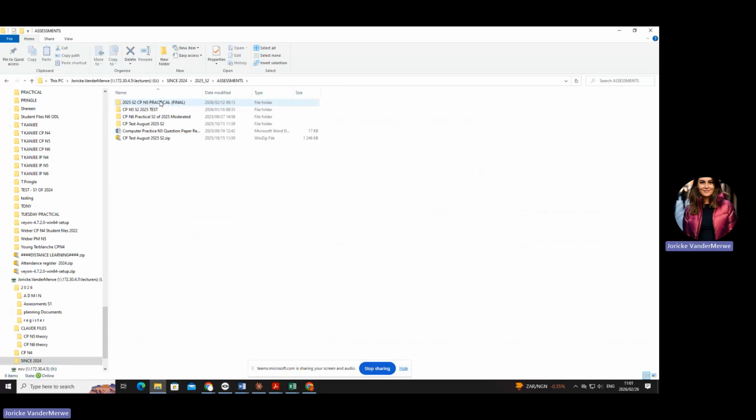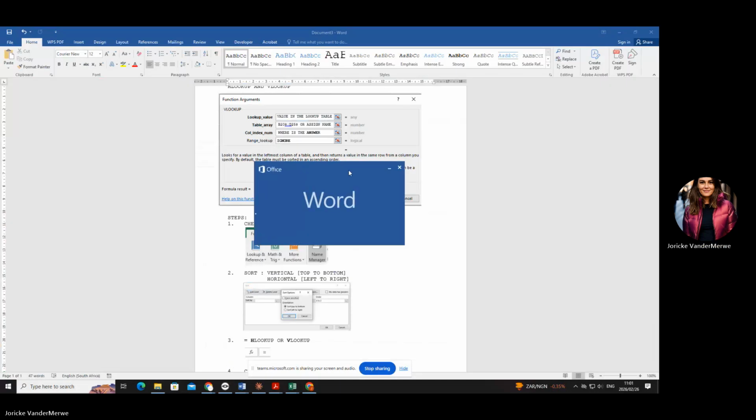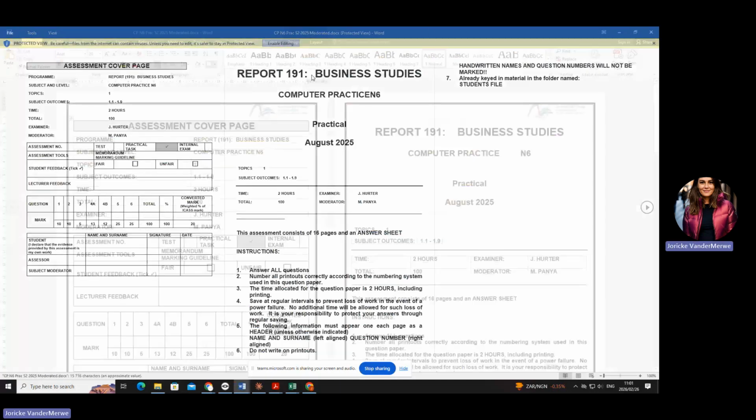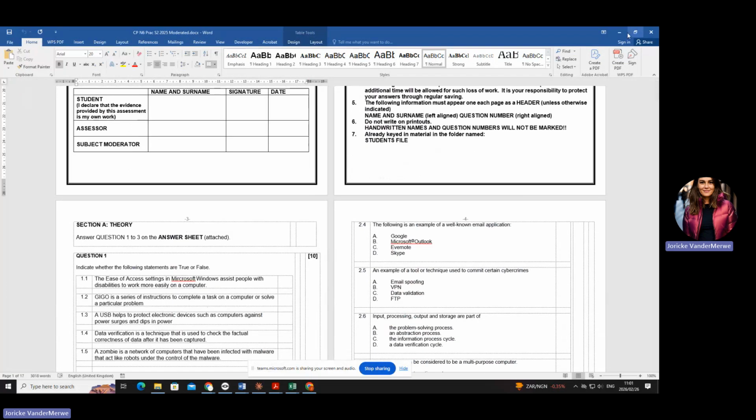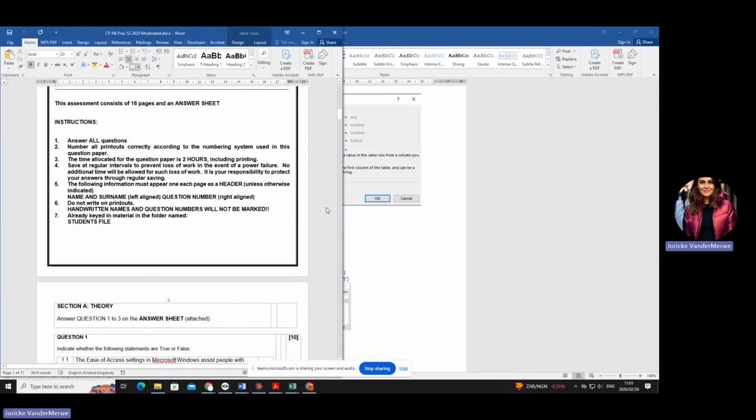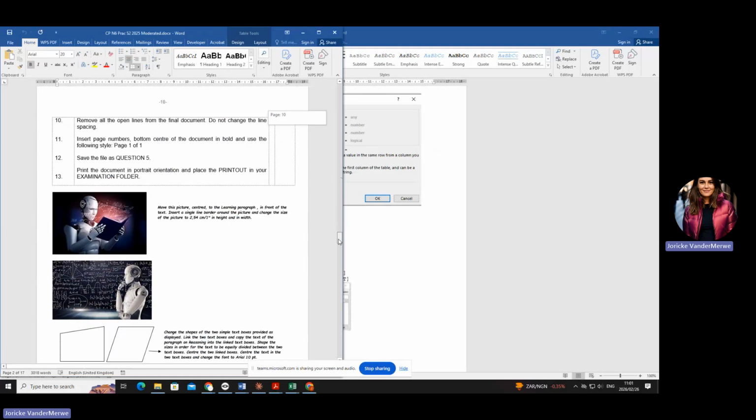Let's do the assessment of N6. Okay, I'm going to open up this one. And you will see it's last year's practical. And let's just quickly make it a little bit smaller so that you can see what I'm doing.